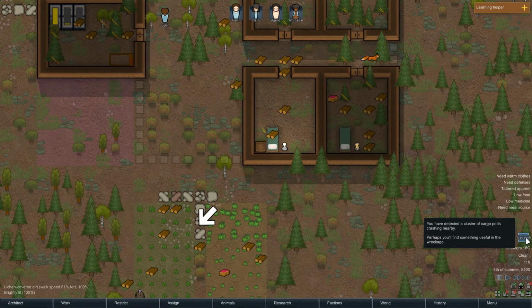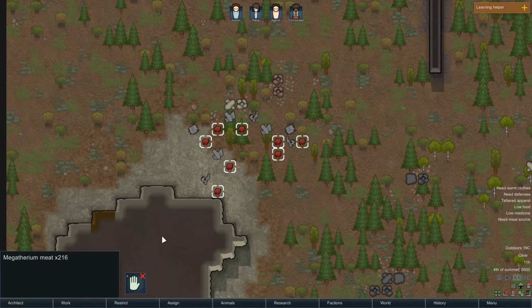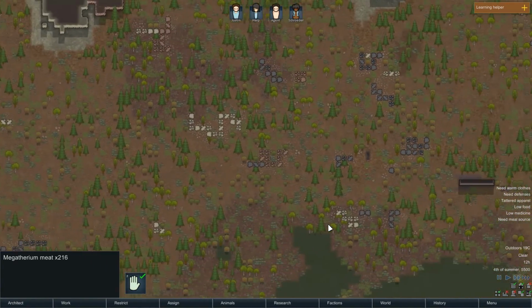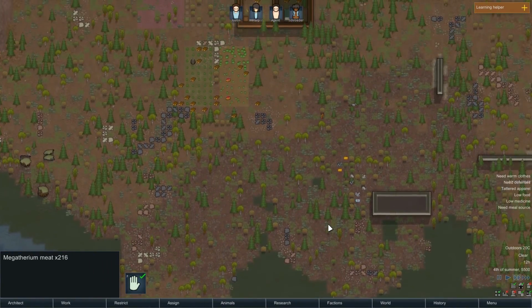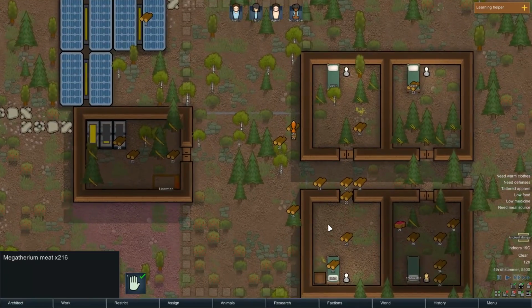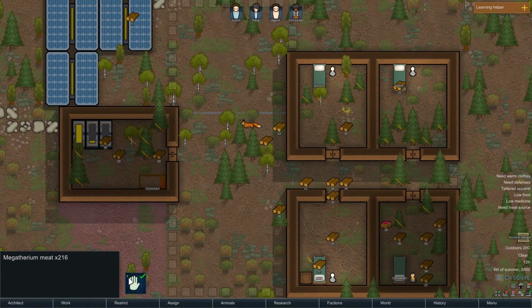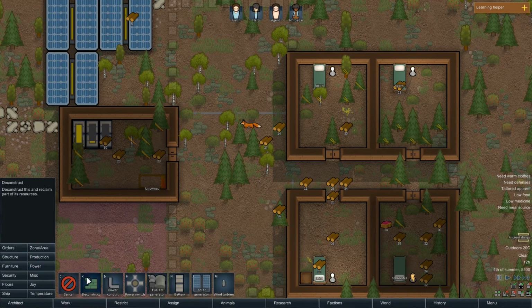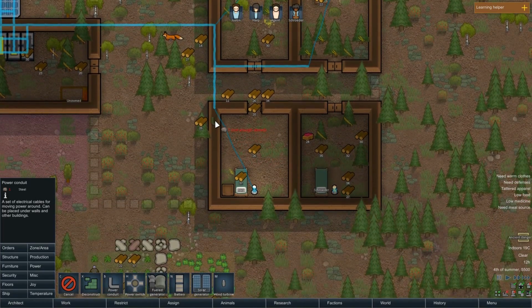Oh, we got cargo pods coming in. Perfect. Look at that. Where did that... Oh, that came out clear over there. Where are we? Oh, we're clear up here. Jesus. Okay, so we got power coming in. We need to get... We need to run, I guess...